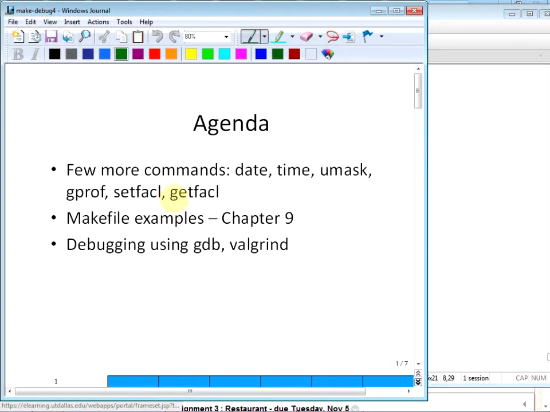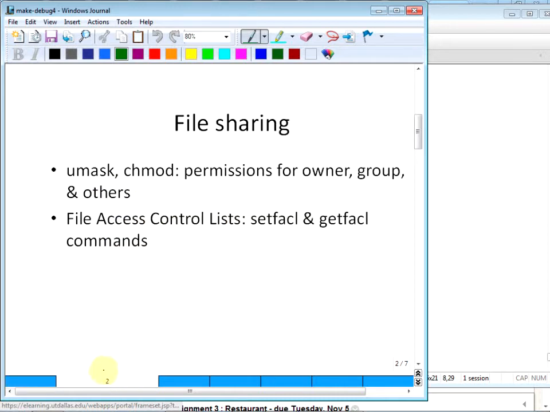setfacl, getfacl. What does that mean? Set file access control list.